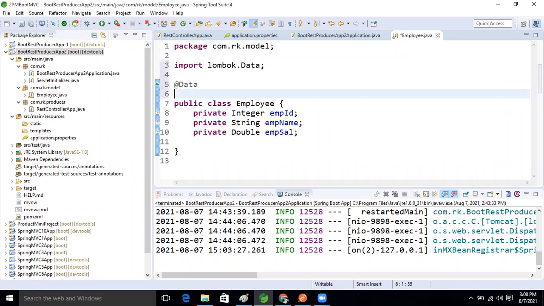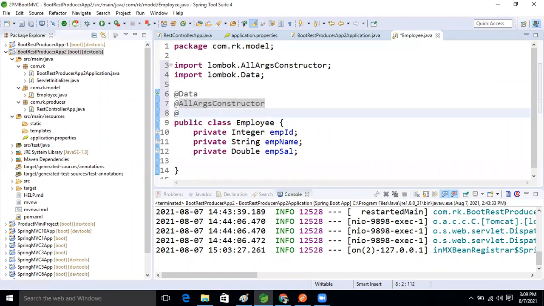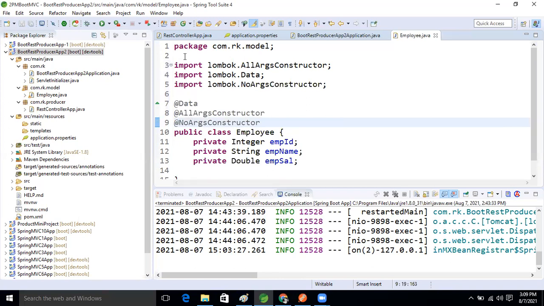I also want to generate an all-argument constructor and a no-argument constructor, so for that I use @AllArgsConstructor and @NoArgsConstructor. Now our entity class, our employee class, is ready.